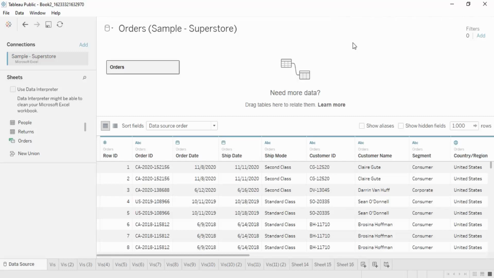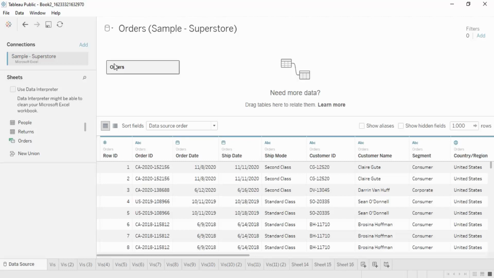In this video, we are specifically going to see how we can work with multiple tables in Tableau. In Tableau, we have to import the table or the data sources and then work with it. So far we have seen in the previous videos how we can work with a single table, but in this video we are going to focus on multiple tables. How are we going to import the multiple tables, how are we going to attach them with one another, and then finally how are we going to work with them.